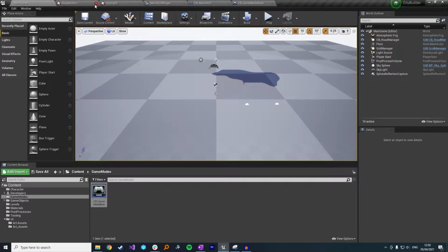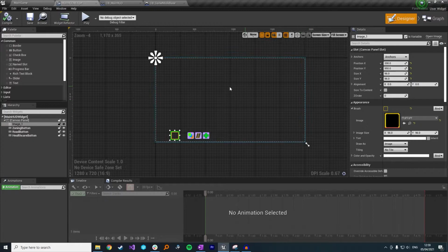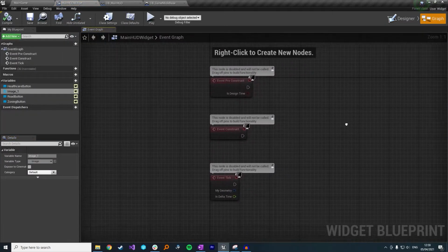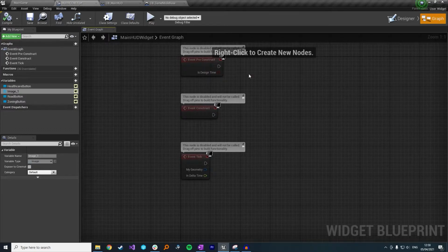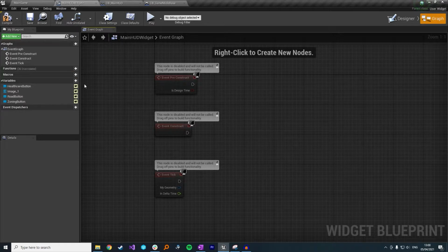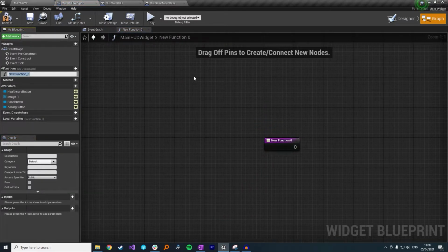Okay, so now we need to go back into our main HUD widget. So just closing down those texture tabs to neaten things up. And in Unreal's HUD designer, you also have access to a graph. And this is going to be familiar to you because it's very blueprint heavy. And this actually allows you to run a bunch of logic in here, as well as add in variables and functions, so you can do all your UI work within this widget, which is super, super useful. So the first thing I'm actually going to do is I'm going to create a new function in here, and this is going to be called